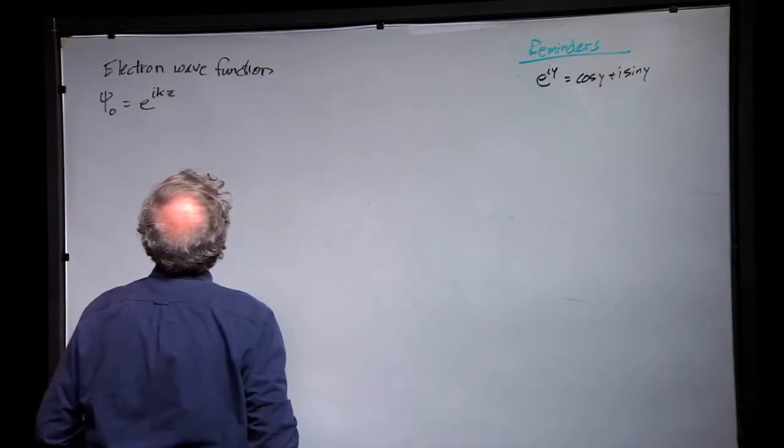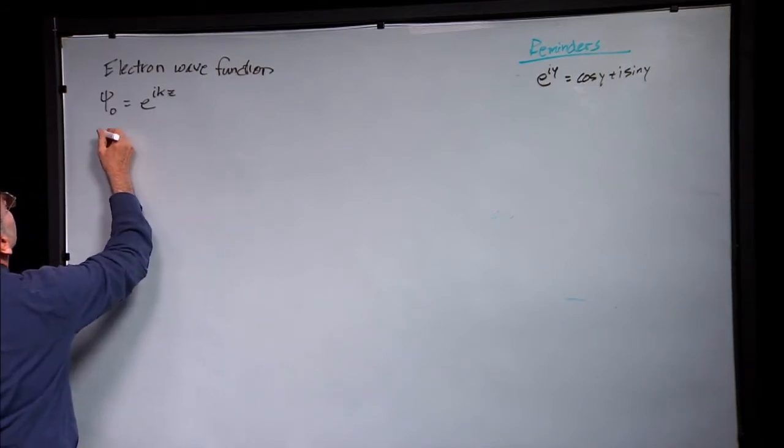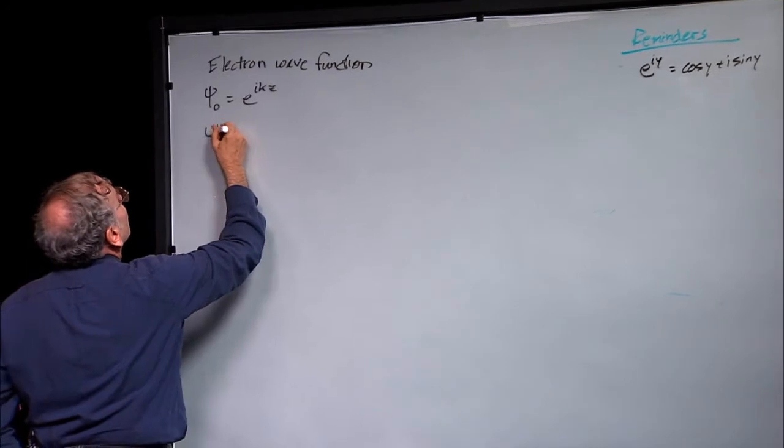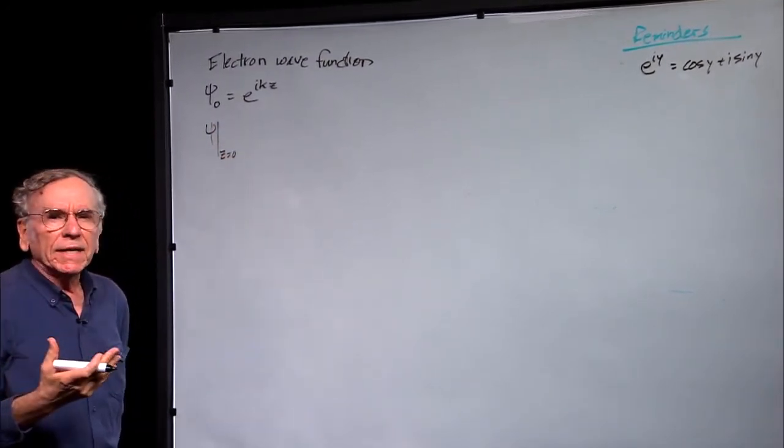Okay, so this is the incident electron wave function. And then we say that the electron wave function right at z equals 0, which is right where my specimen is,